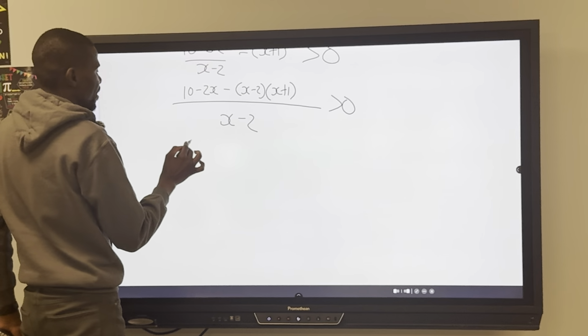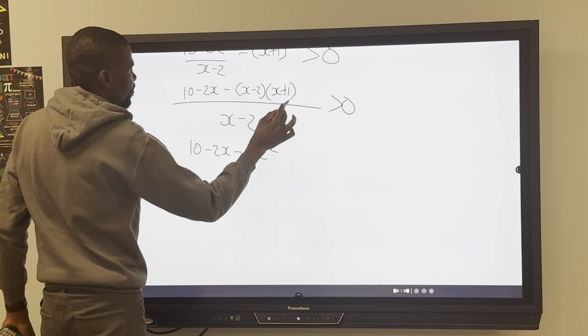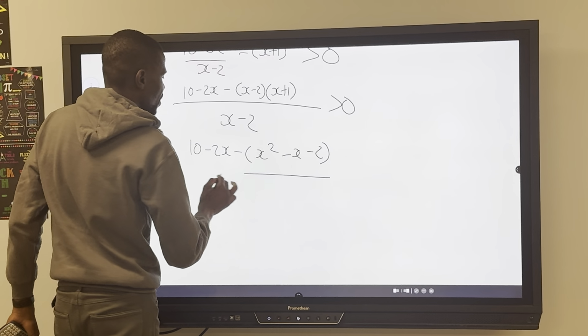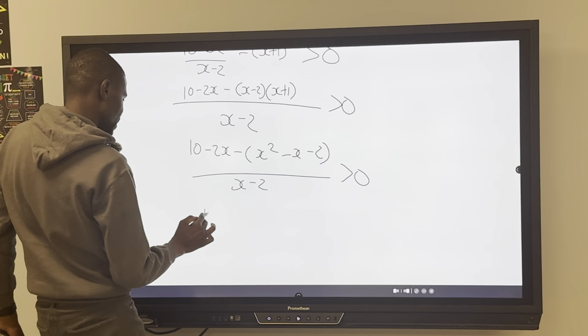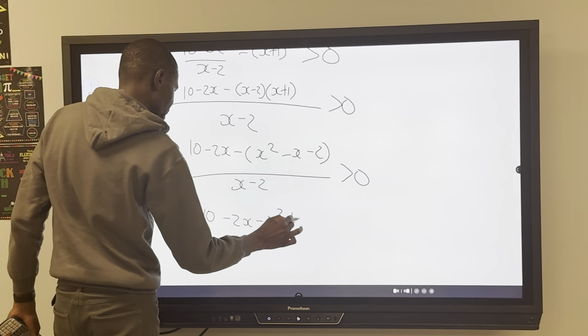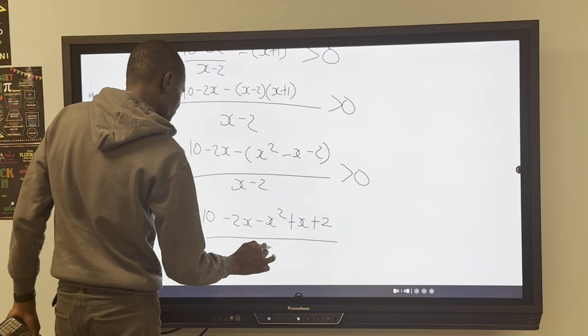Let's simplify. It's 10 minus 2x, then it's x squared plus x minus this minus x minus 2 over x minus 2 greater than 0, which is 10 minus 2x minus x squared plus x plus 2 over x minus 2